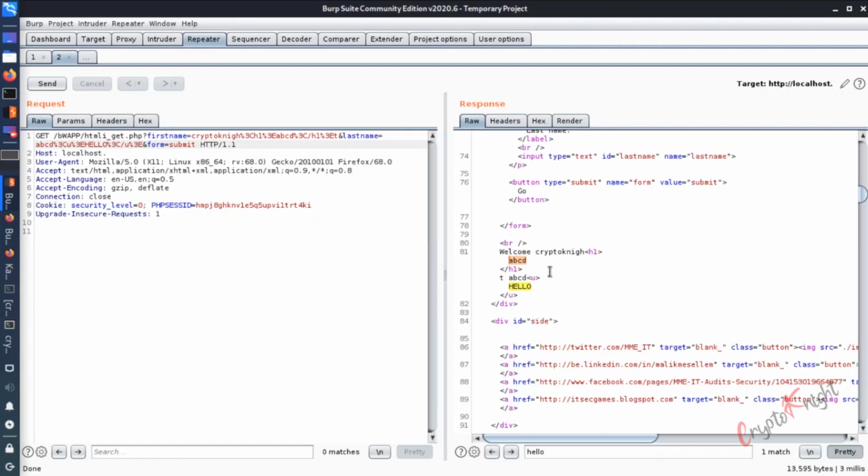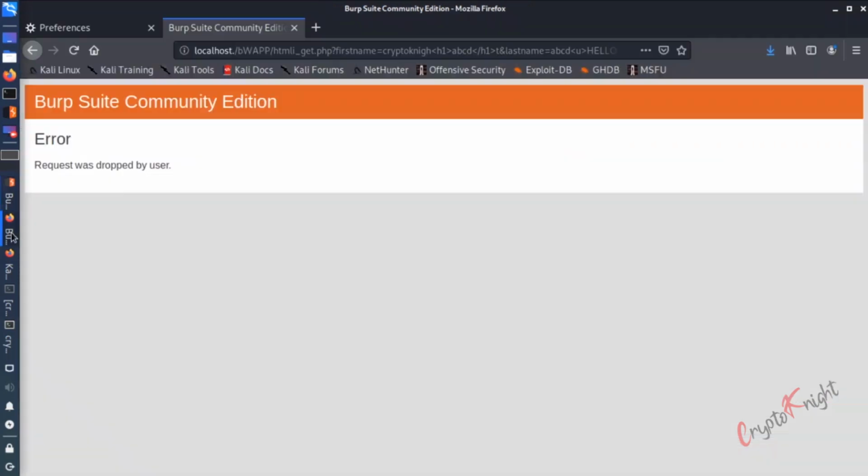Now how will you exploit it? You simply have to send this URL to the victim, and whatever your payloads are, that will get executed on his side. Now this was the low level. So what we have to do for the tough level,